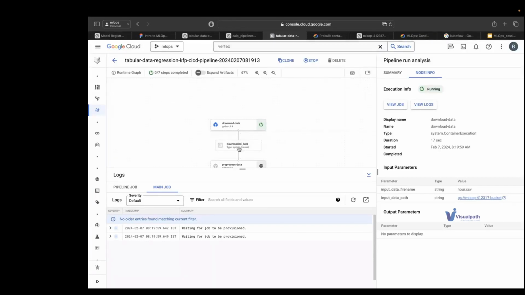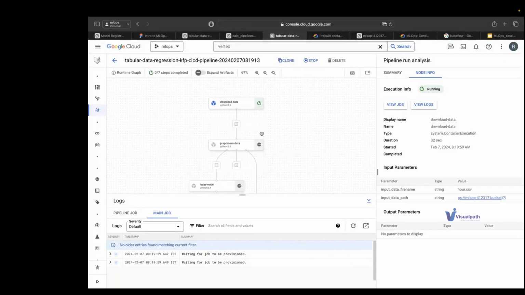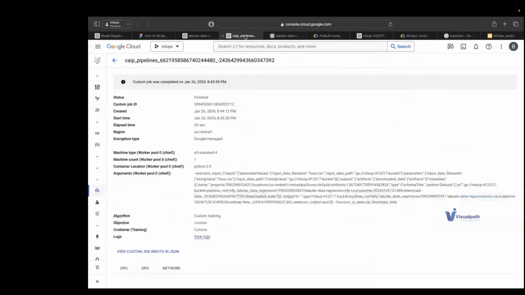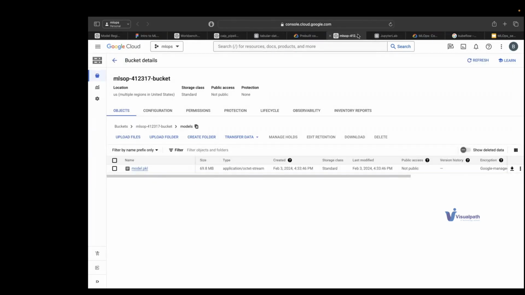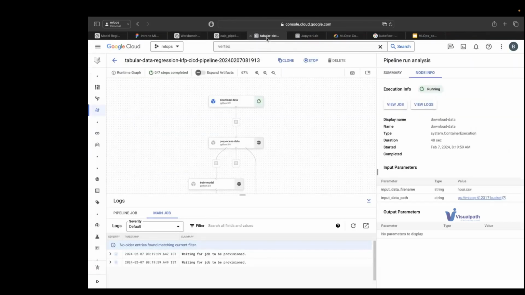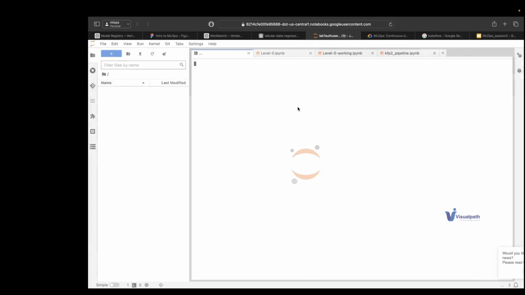So while this is running, we'll look at something else, and I just wanted to show you how simple that is, once you have this code written up. I think we had our Jupyter notebook also. So let's see, I can show you how the Jupyter notebook looks, and what all things we have written. All this pipeline has been written in this Jupyter notebook. So this is our new pipeline. This was our old pipeline. This is our workbench. This is our JupyterLab. Okay. So this is how a Jupyter notebook looks.